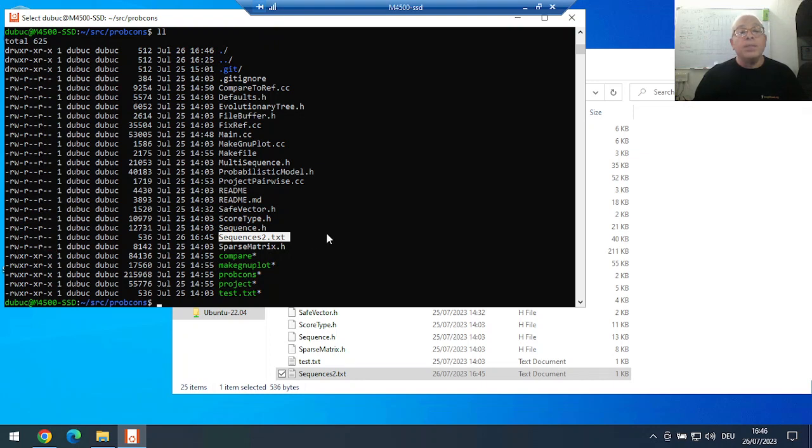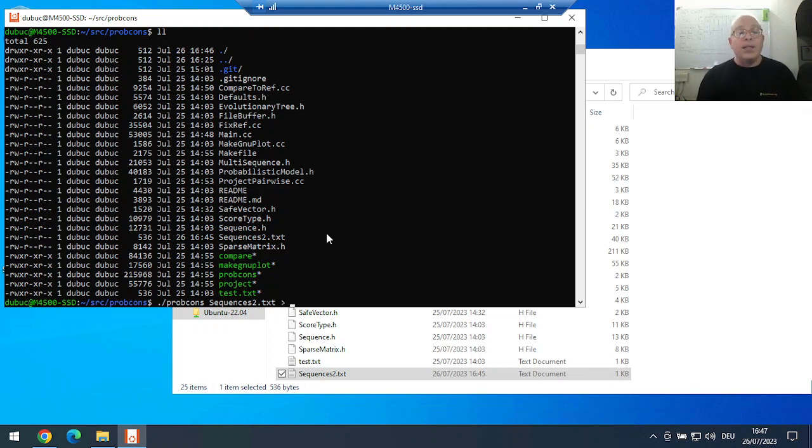You see? Now I could run ProbCons with sequences2 as input file. And remember one thing in Linux and Unix in general: